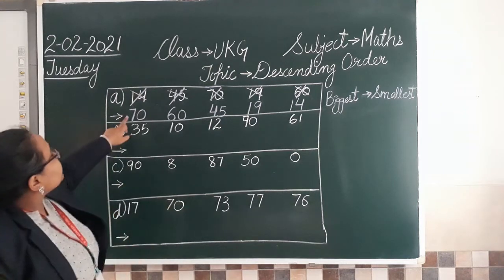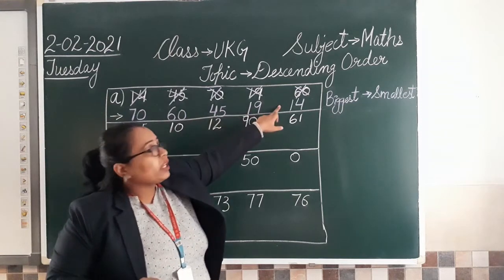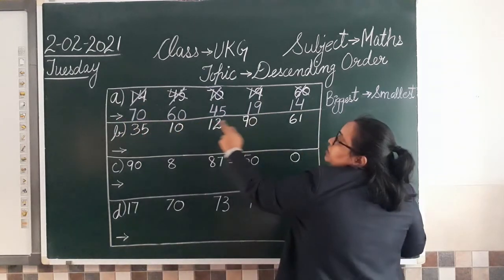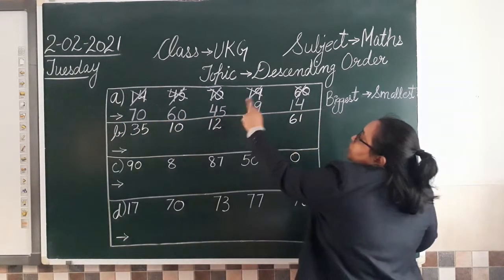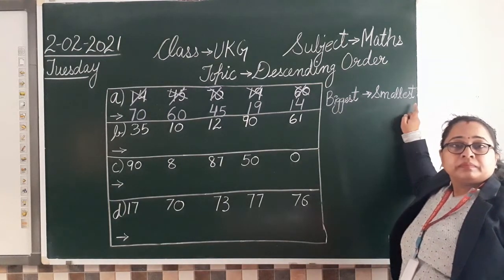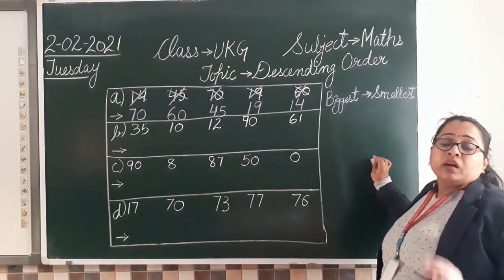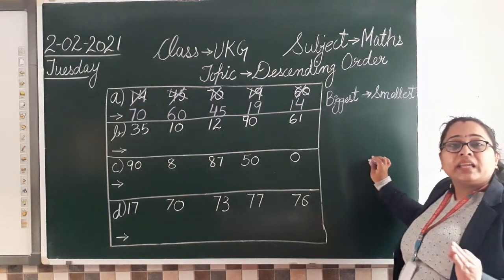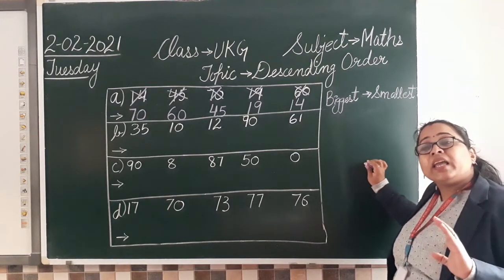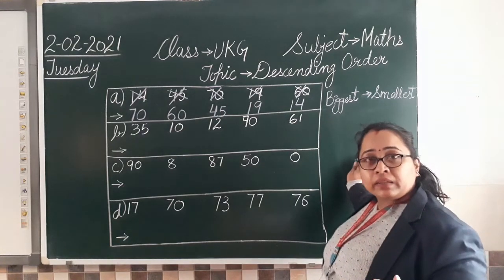Now see 70, 60, 45, 19, 14. अब आप देखेंगे तो बिगेस्ट टू स्मॉलेस्ट हो गए ना ये सारे नंबर्स. बिग, स्मॉल, उससे स्मॉल, उससे स्मॉल, सबसे स्मॉल. तो हमारा कॉन्सेप्ट क्लियर हो गया ना, बिगेस्ट टू स्मॉलेस्ट वाला. Isn't it? So this is how you are going to do this descending order. बस आपको ये ध्यान रखना है, descending is जिसमें आप सबसे बिग नंबर फर्स्ट लिखते हो and ascending जो हम स्मॉल से शुरू करते हैं. Okay? Is that clear?